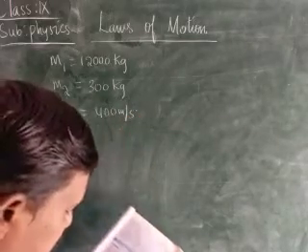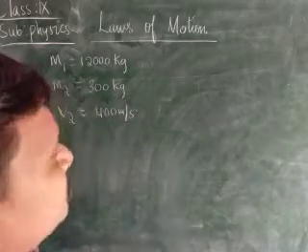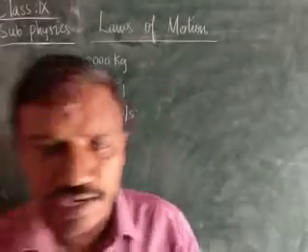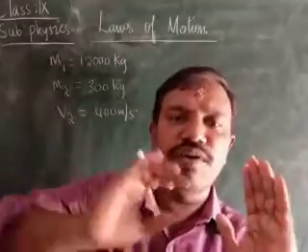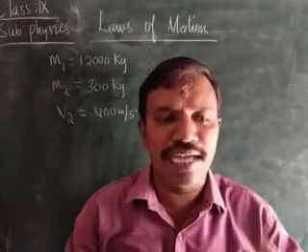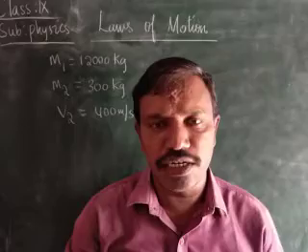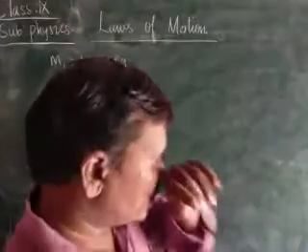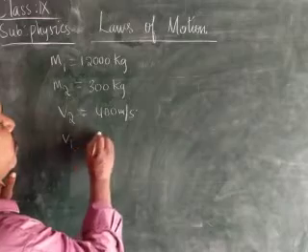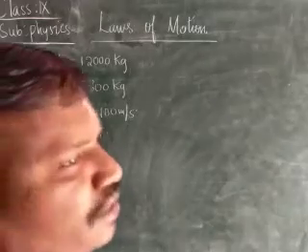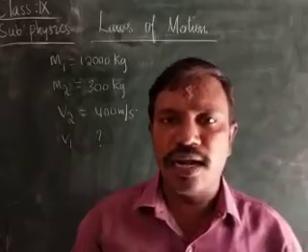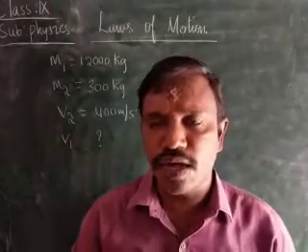Okay, he is asking the velocity of the cannon. That means when the bullet is fired, when the bullet is moving forward, the cannon moves backward. He is asking with what speed the cannon moves backward. Okay, children, therefore now he is asking to find the velocity of the cannon, that is v1 equal to how much? Normally, according to Newton's third law, the rate of change of momentum, okay, that means